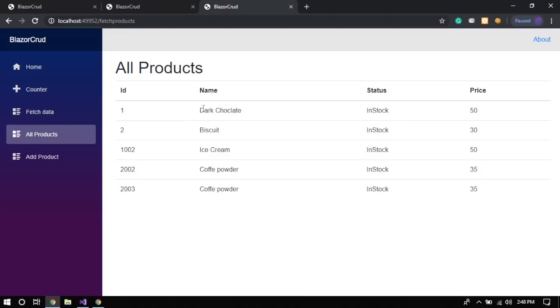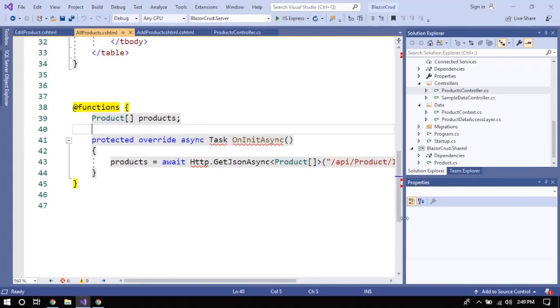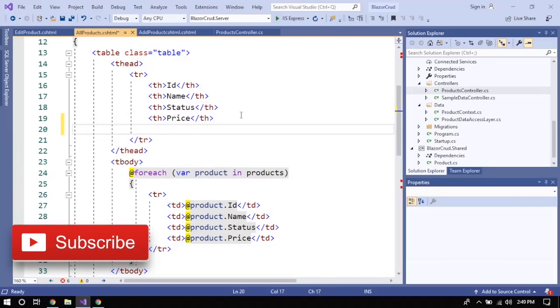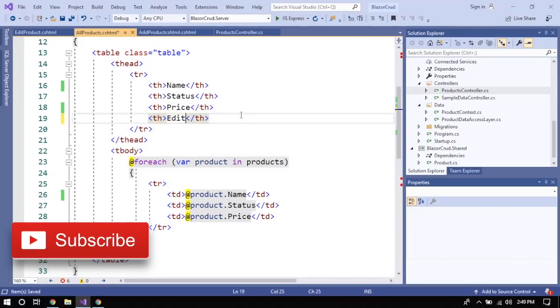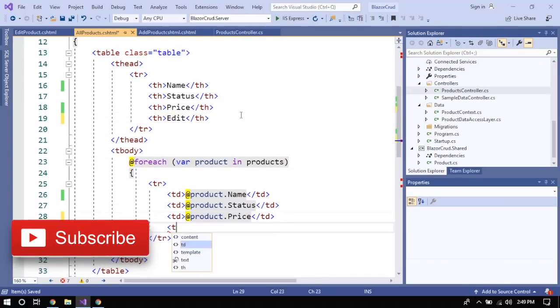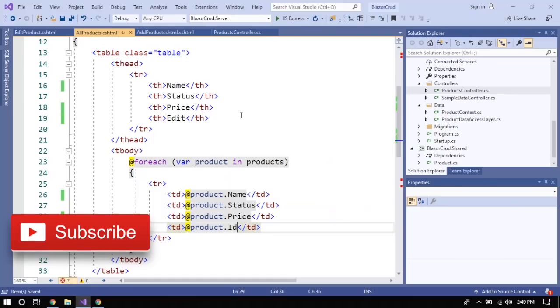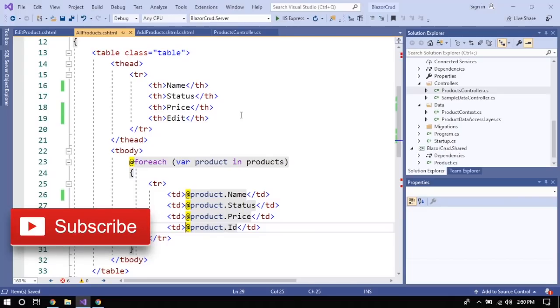Now we have to go for delete. Right, so here instead of going over here, I can use the edit button in the all products page. Actually, I don't need this ID right here because it's not useful. So add the edit column over here, and td add product.id. It should be something like a link, like an anchor tag. So it needs to be over here,